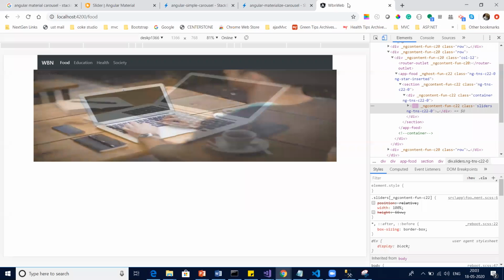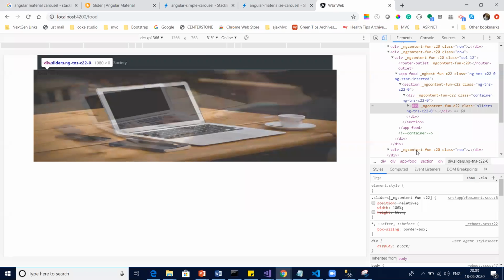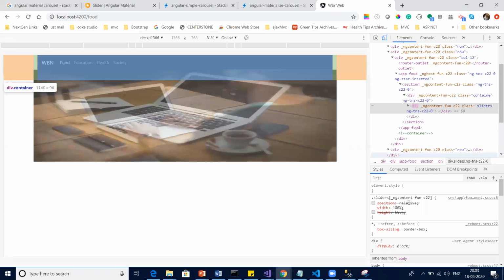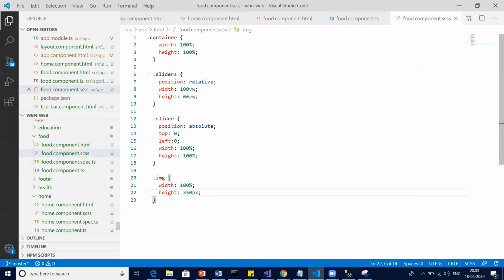Do we need position? Don't think so. Okay, first of all, we fix whatever is not good. So this 100vw means viewport width. Viewport width will not listen to you if you put it like this. So better 100%. 100% means whichever container it is in, it will take 100% of the width of that container. So that will be good enough.